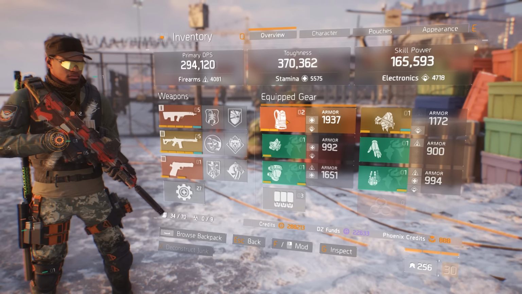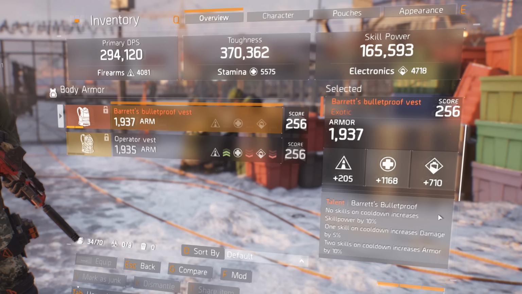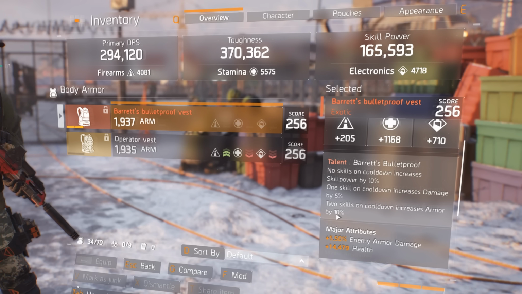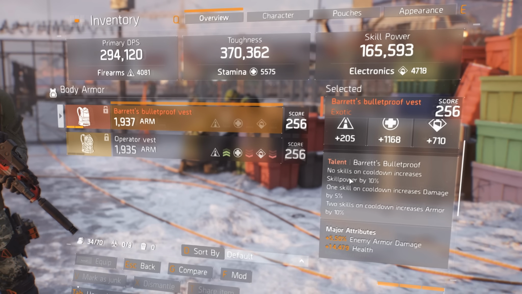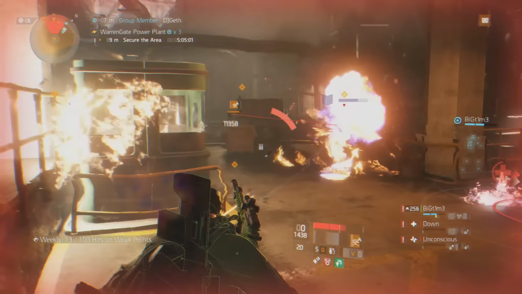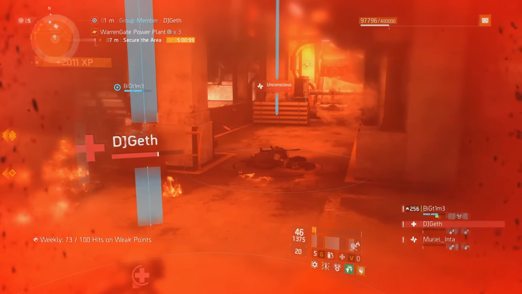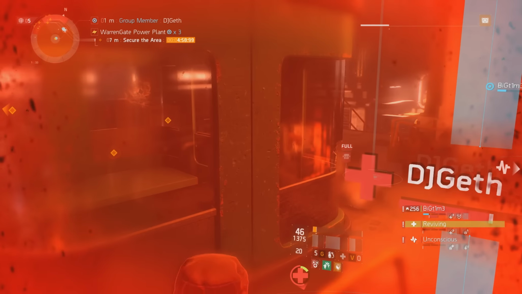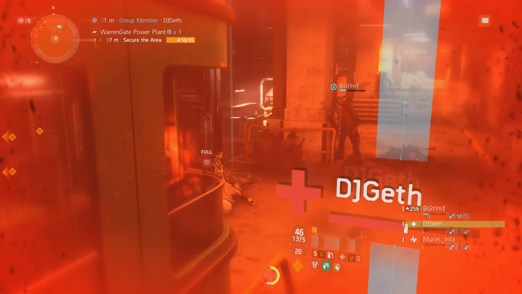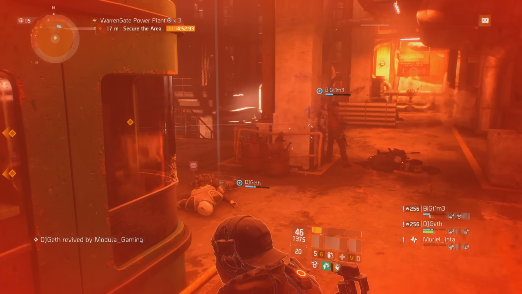the body armor. The Beret's bulletproof vest is an integral part of this build, since you will be heavily relying on that extra 10% increased armor and skill power. More so the armor because you want to have as much survivability as you possibly can. An extra 10% may not seem like much, but it can make all the difference whether or not you survive that extra hit from a shotgunner in order to revive fallen squad mates with a clutch recovery link and avoid